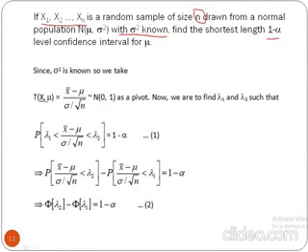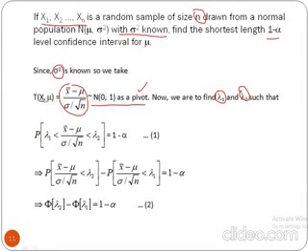We start the problem. Since sigma square is known to us, x bar follows a normal distribution with mean mu and variance sigma square by n. So accordingly, (x bar minus mu) by (sigma by root n) will follow a standard normal distribution. This we take as the pivot. Pivot is nothing but the starting point. Based on this pivot we will find the lambda 1 and lambda 2 values, and based on these we will later find the values of theta 1(x) and theta 2(x), as we have seen when we studied the theory of this.